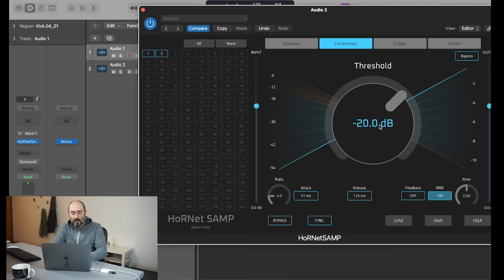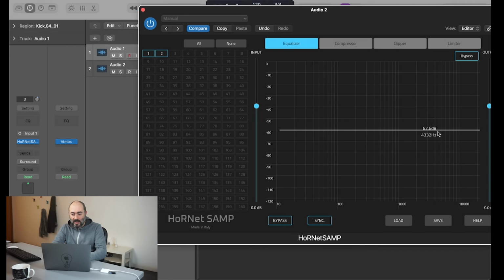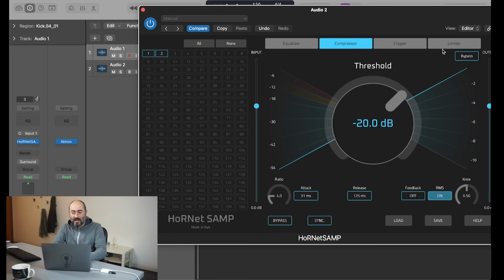So you will have the same setting on every instance of the plugin, and of course the equalizer is applied equally to every track, and the compressor and limiter work with the sidechain given by the sum of the elements